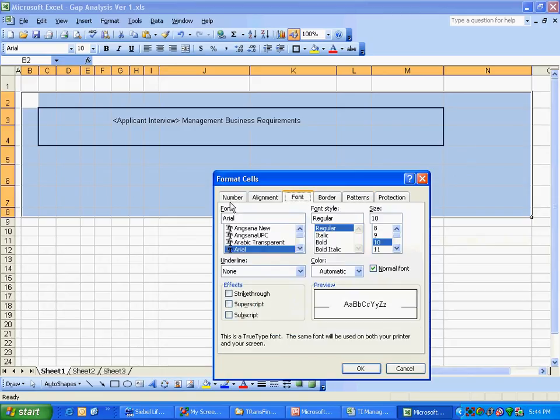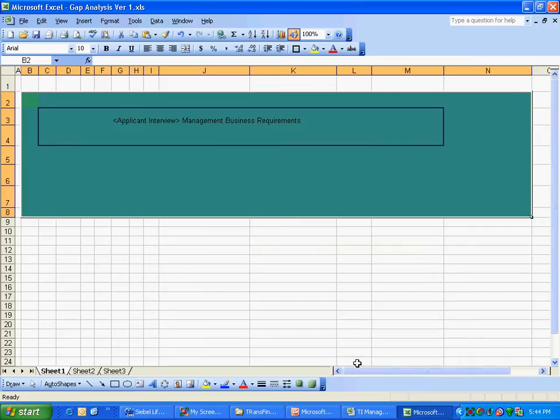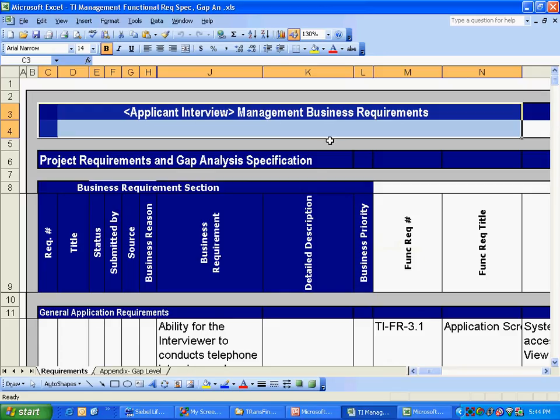There were different categories: number, alignment, font, border, patterns. I went to the border or patterns, I believe, and then you select the color that you want. And this is my favorite actually. I'll go with this, and I just clicked it, and now I've got the color. So let's see what it looks like.